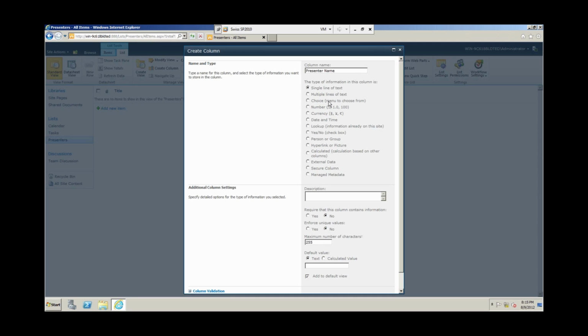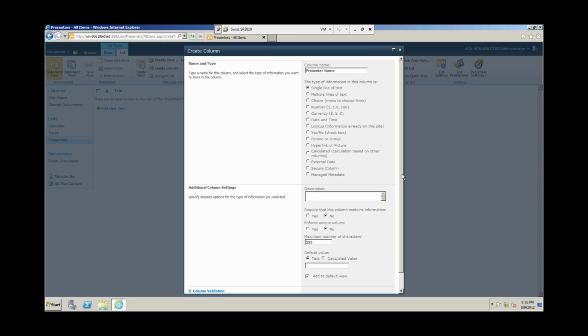A Choice field would allow me to define several fixed choices which people could select, if I didn't want them to type a column with any free value. We have number fields for numbers, here for currency. We can have columns that specifically store dates and times, links to people, etc. There are actually several here, and I encourage you to explore your options here if you can get your hands